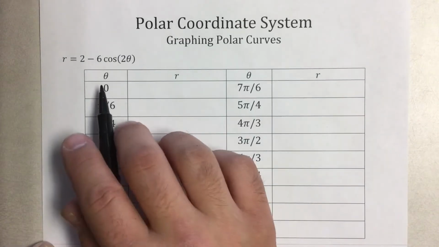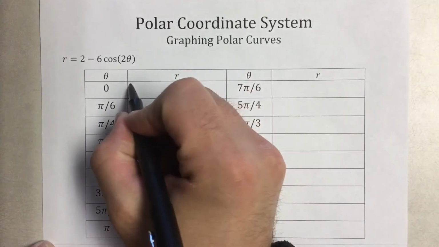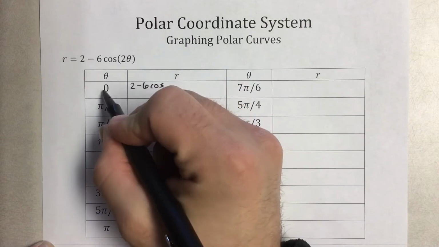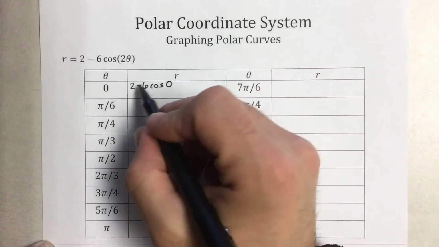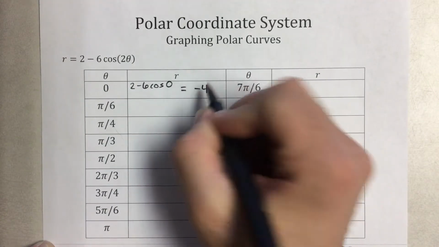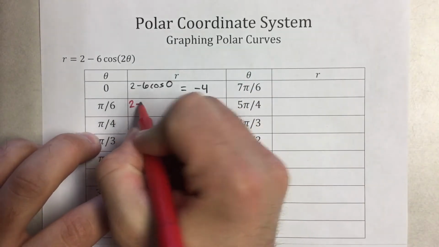If I want to know what r is when theta is 0, we have 2 minus 6 cosine of 2 times 0, which is 0. We know cosine of 0 is 1, so 2 minus 6 is negative 4. So that's where knowing your unit circle comes into play. Looking at the next one, we have 2 minus 6